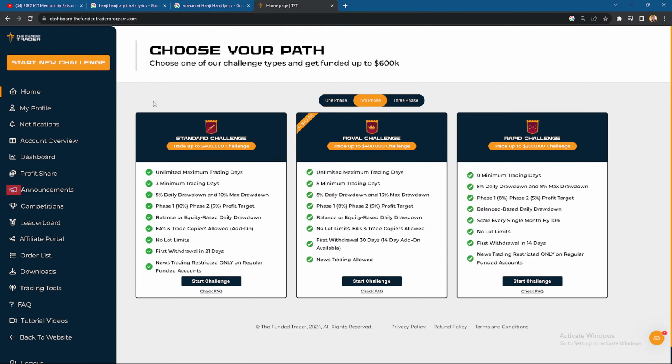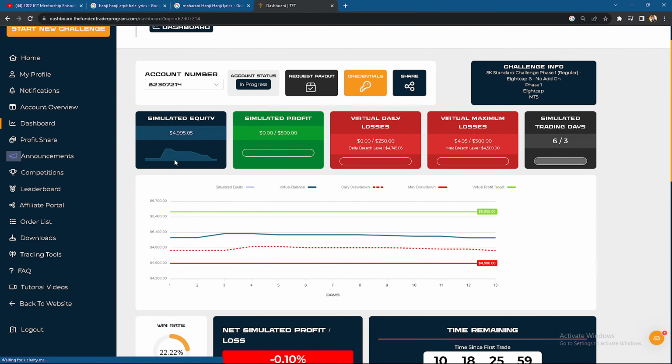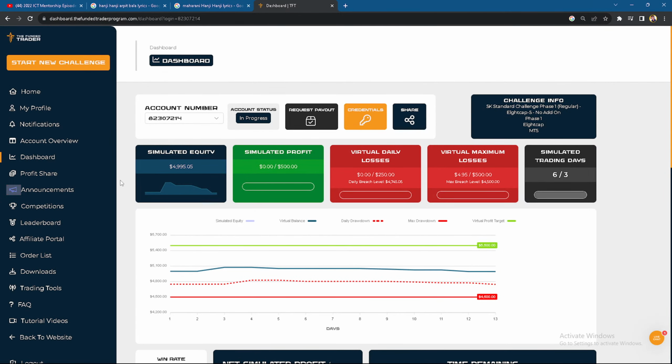I mean, the entries that I used to take on the 15-minute time frame, what I'm doing is creating the same entries but with smaller stop losses so that my risk to reward ratio increases. Getting my point? So I'm working on that. This is my funded account phase 1 challenge I've taken to work on it.